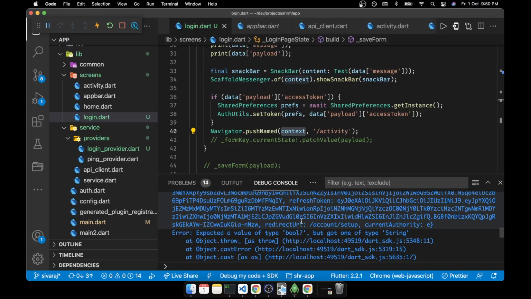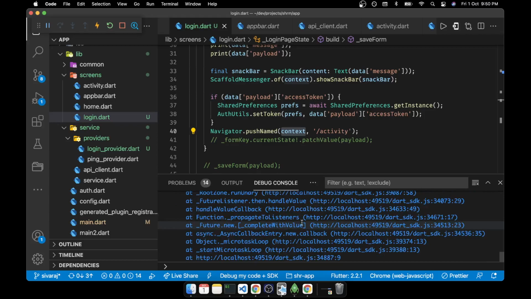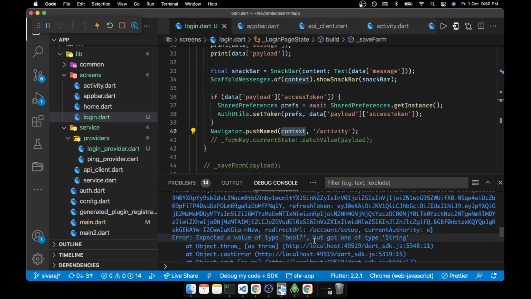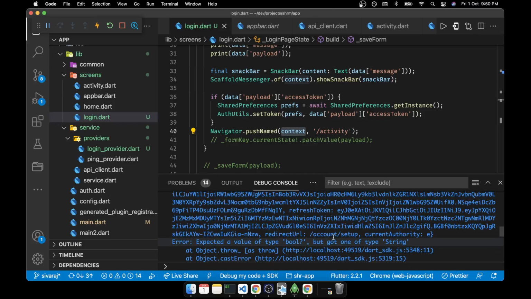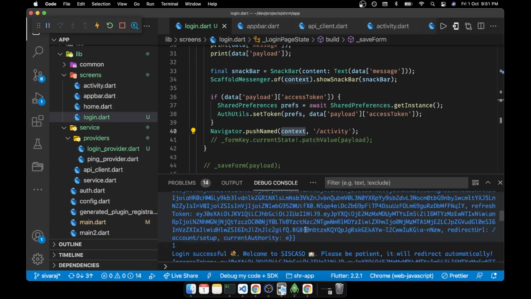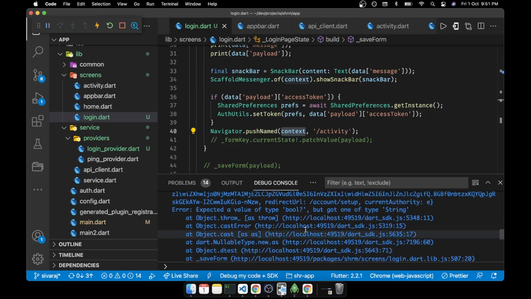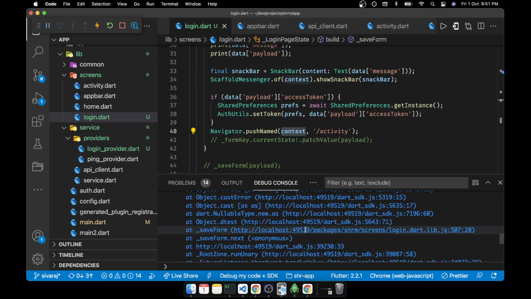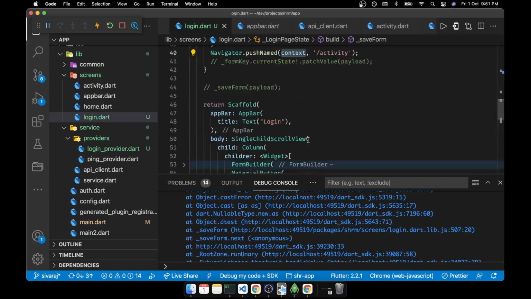Where? Save form, line number 507. There is no 507 here.